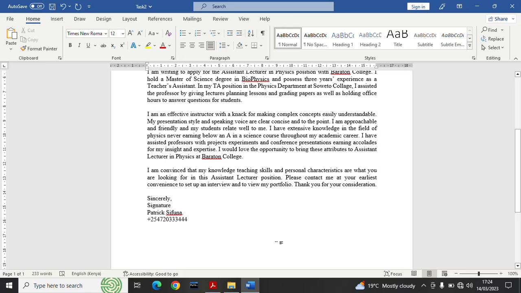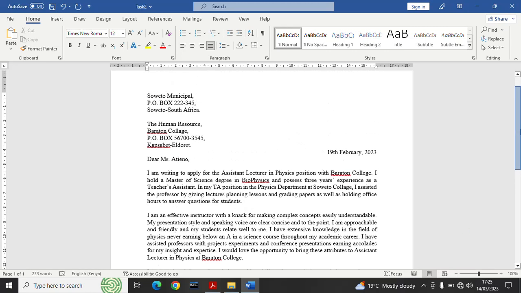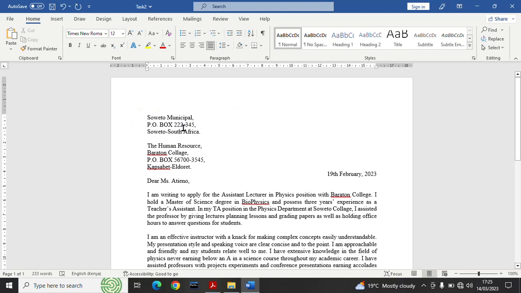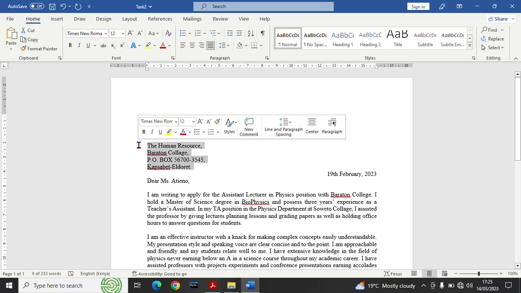Let's look at something else. What do you include in each section of the letter when you're writing this application letter? So we have the headings. In the headings, we normally have two addresses. The first one belongs to you, and the second one belongs to the employer. In these addresses, you need to capture the name, the address, the phone number, and the email,